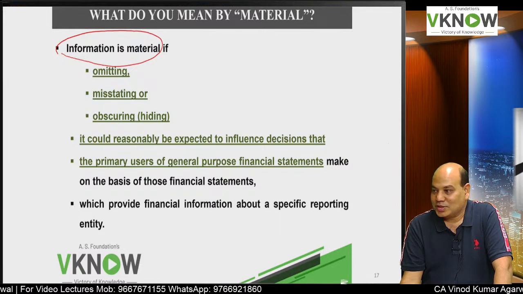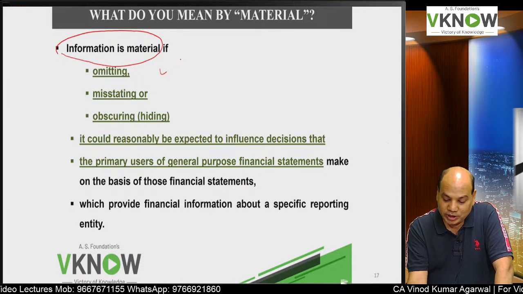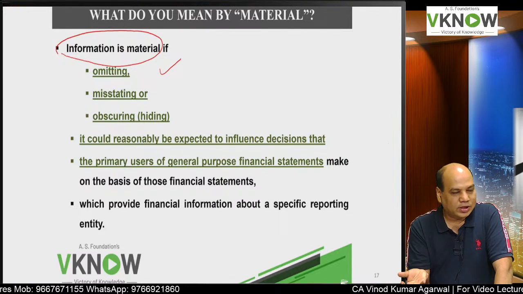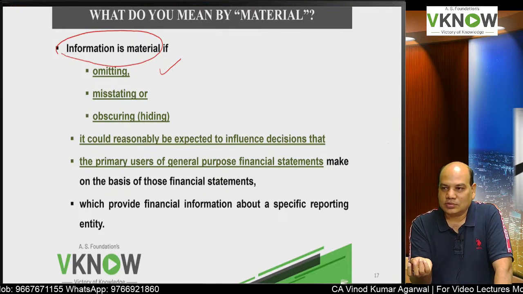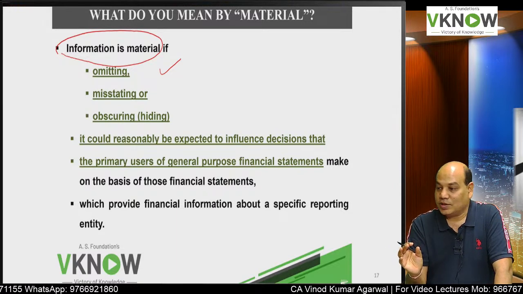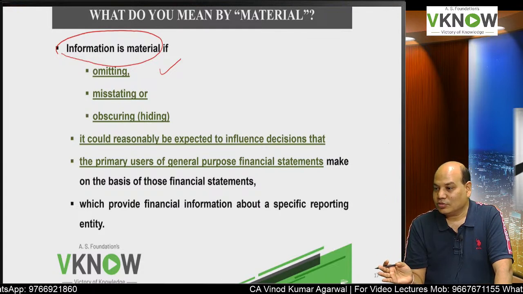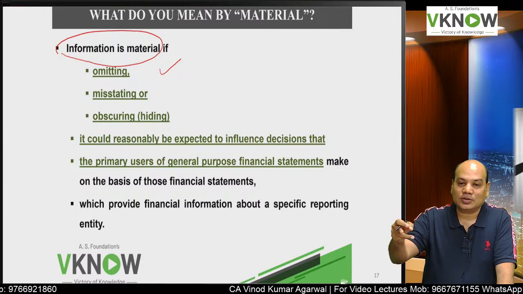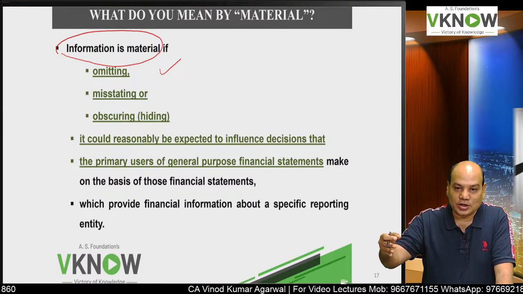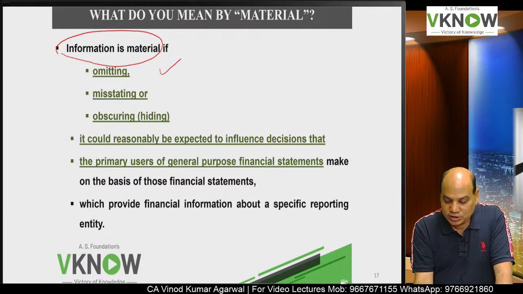So information is material if, now they have defined it, if omitting, meaning just not giving that information. Like Schedule 3 says you have to give disclosure about Benami properties, give disclosure about undisclosed income, and you omitted it. Don't you think that will affect the decision maker? Had you known that this company has undisclosed income, I would not have invested my money. Or misstating,